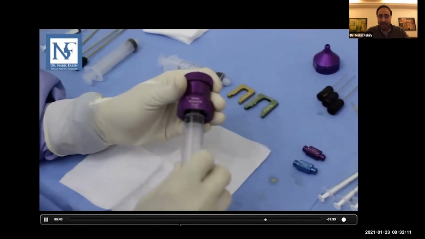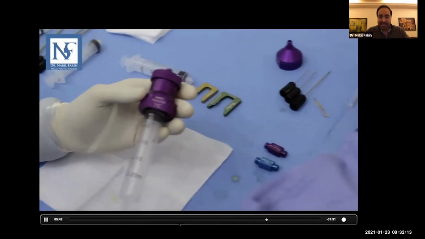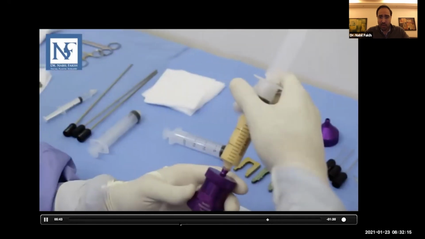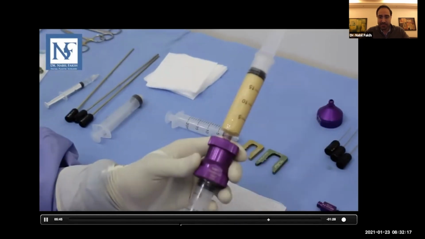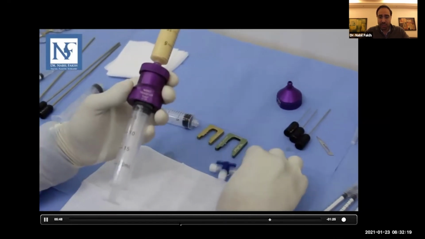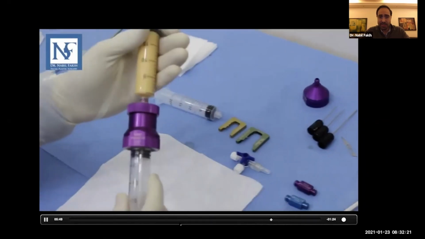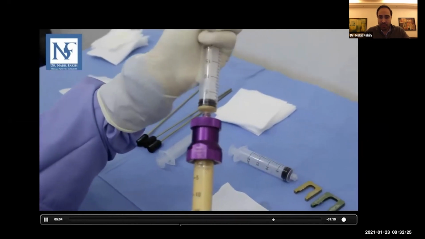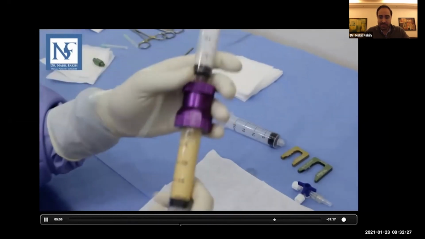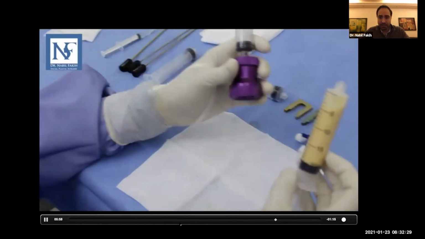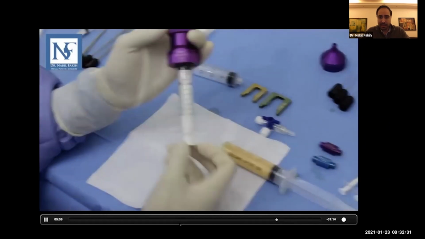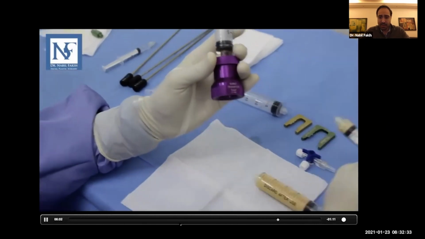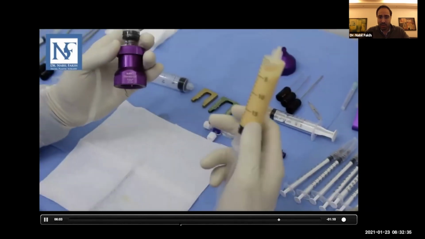So we have a double layer net inside of this transporter, and I will be passing the SNIF, the emulsified fat, to change it to nanofat. If I pass it through this, it will stick all the fat cells in the upper part, and the nanofat, these adipose-derived stem cells, we will have in the lower part. Okay, this is the adipose-derived stem cells. So this is what we call nanofat.